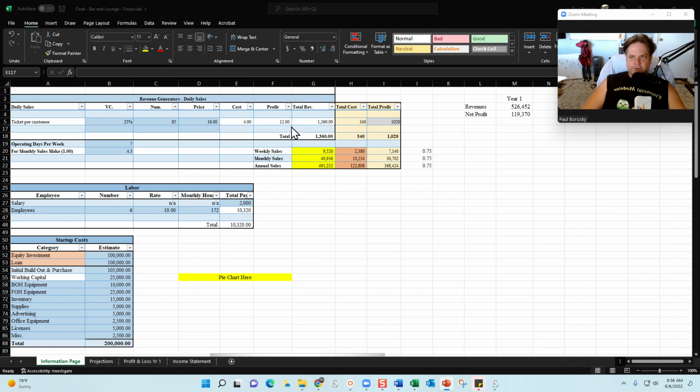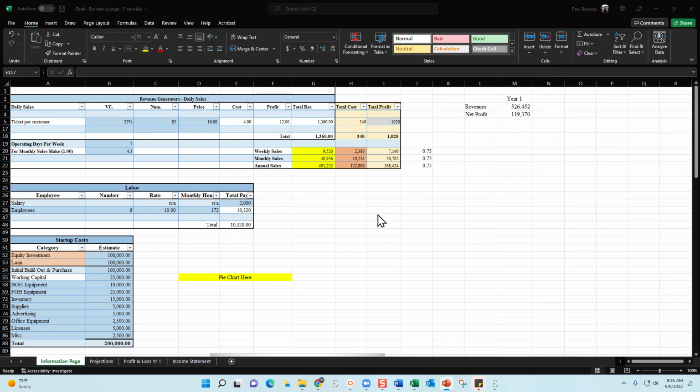All right, so with that said, here is the star of the show. This is my financial model that is customized for the bar and lounge industry. When you buy my bar and lounge business plan template, it comes with a Word document. It also comes with an Excel file. In the Word document, that is the template to complete for the writing describing your bar and lounge, and that's in a separate video. In this video, we're talking about the Excel file, and this is the financial model that is customized to the bar and lounge industry.